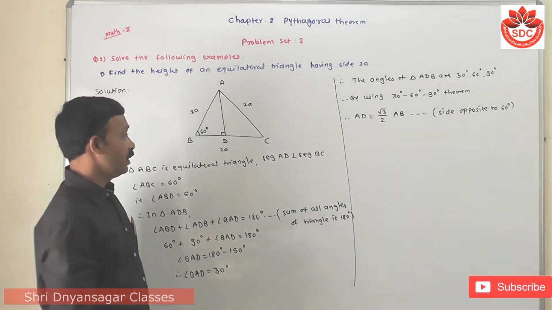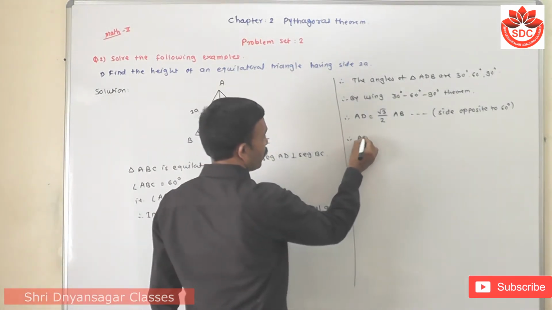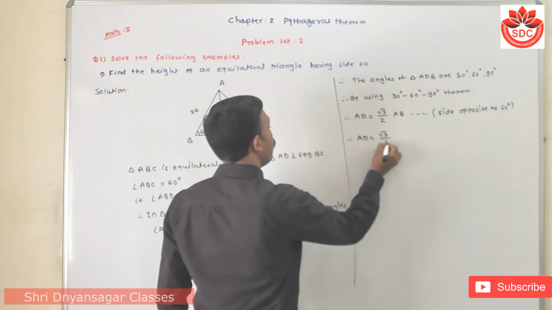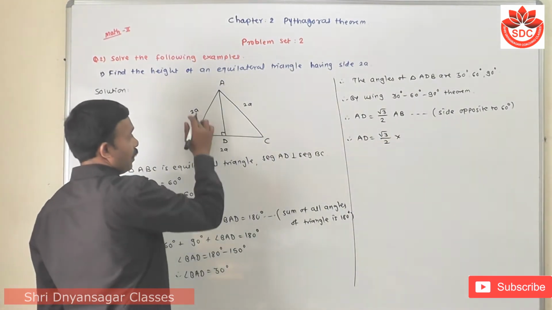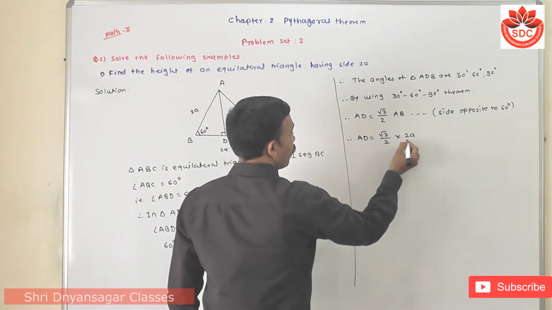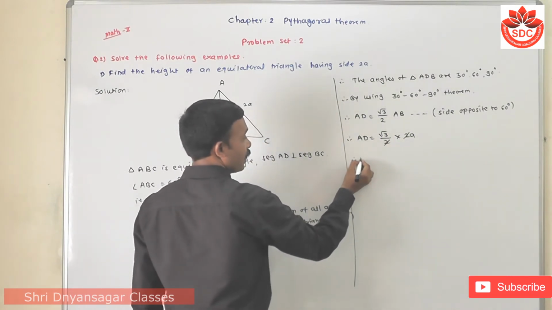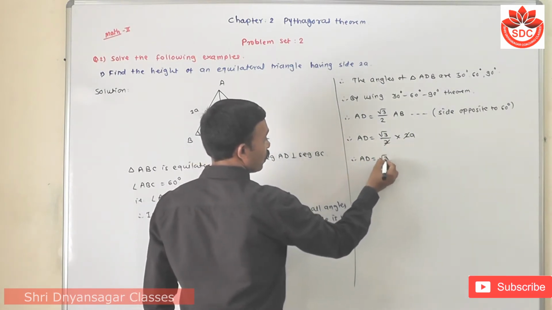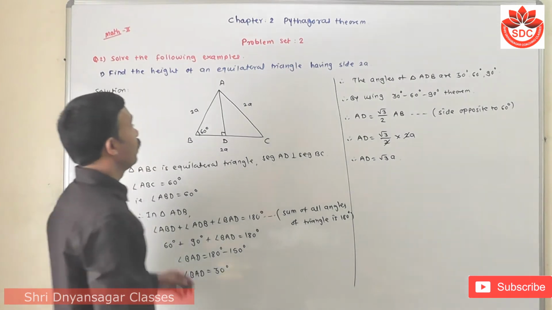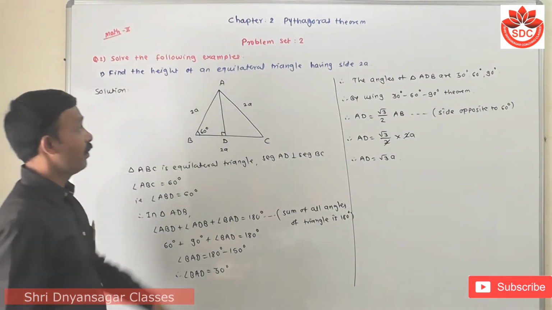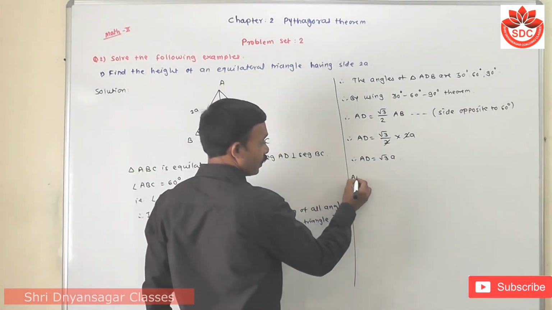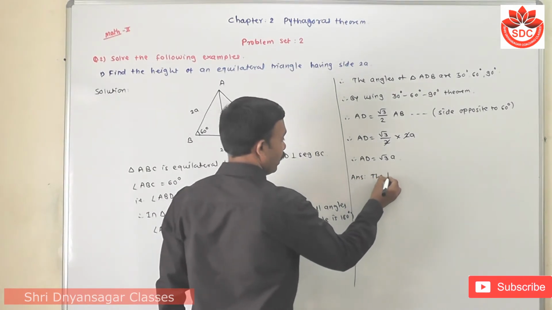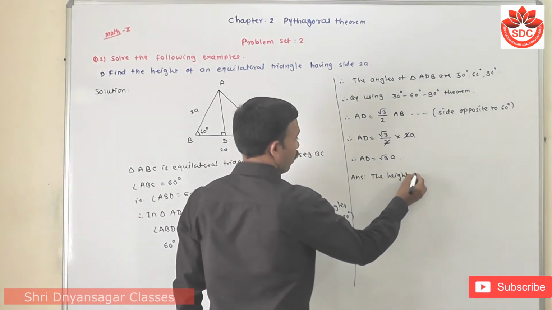Now I have to substitute these values. Therefore AD is equal to root 3 upon 2 into the value of AB, which is twice a. Then these two get cancelled. Means AD is equal to root 3 into a. Now therefore the height of the equilateral triangle. The answer in a full sentence is: the height of